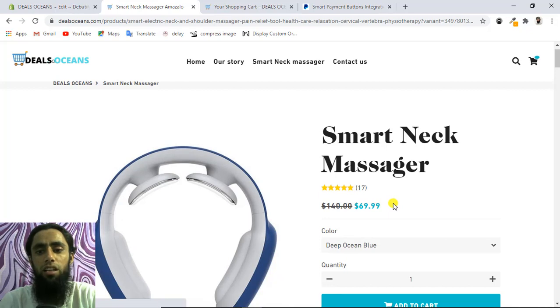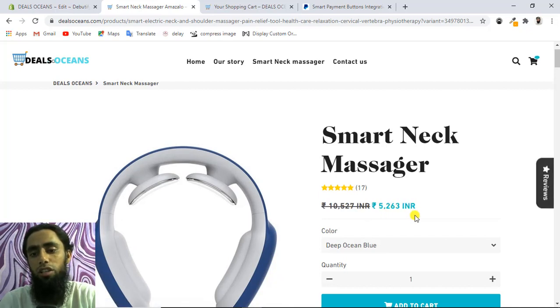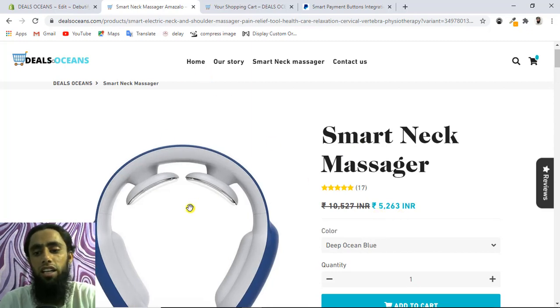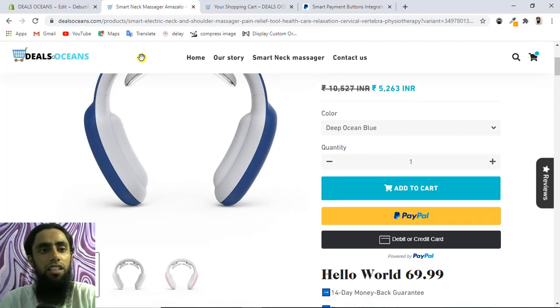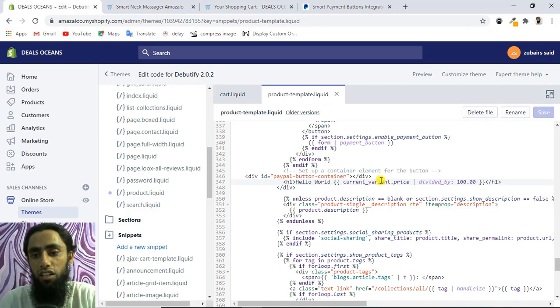So this was the correct amount which we have got, and then this is converting into Indian rupees because I am living in India. So according to the country, this would be showing in this way, right? So finally we got this value, and this value is correct. We have just confirmed from here.